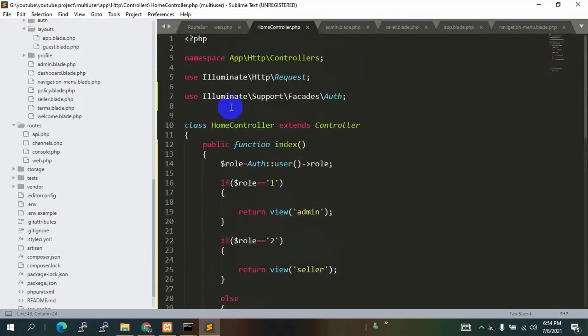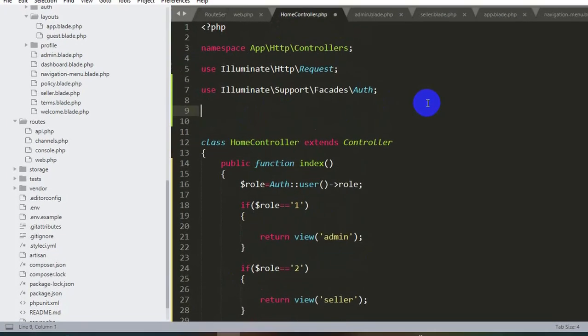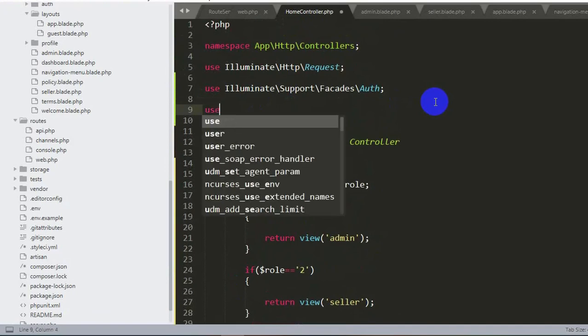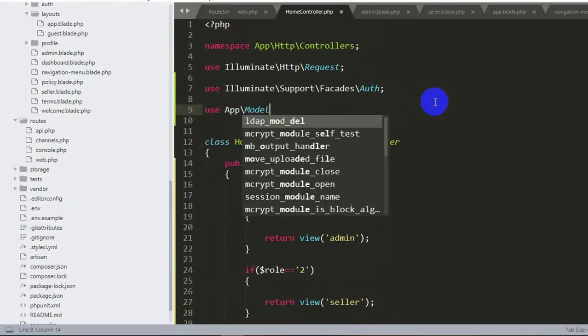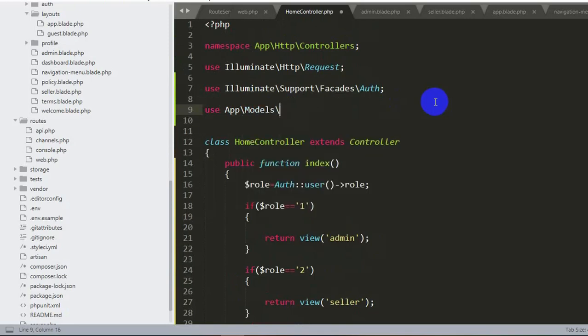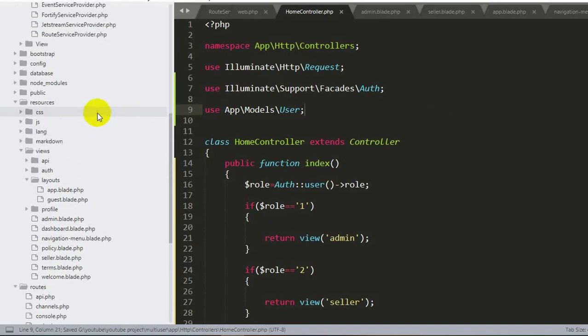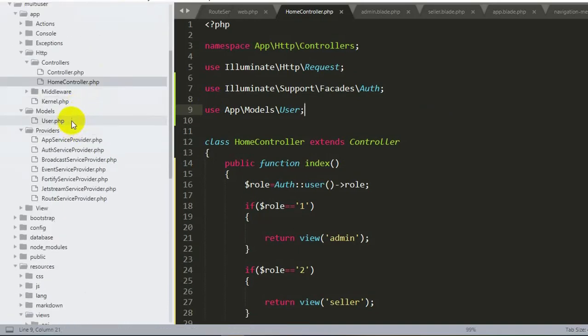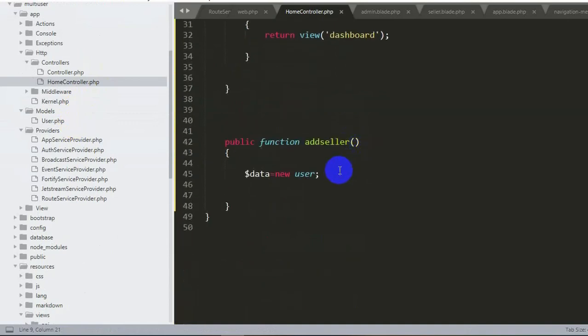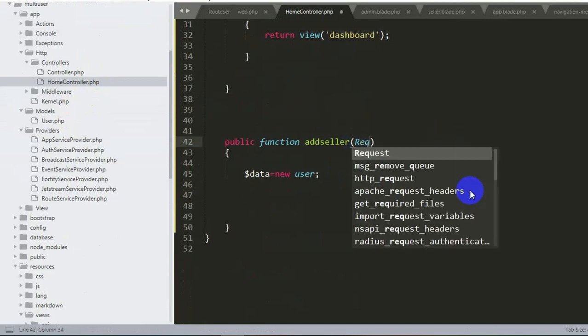So for creating user, we also need to add the user model over here. So we need to say over here use App\Models\User, which is our model name. If we go to our model, app, then Models over here, you can see User.php. So now we will be able to add a new user. So over here we will say, okay, this is post request, right? So we need to say request